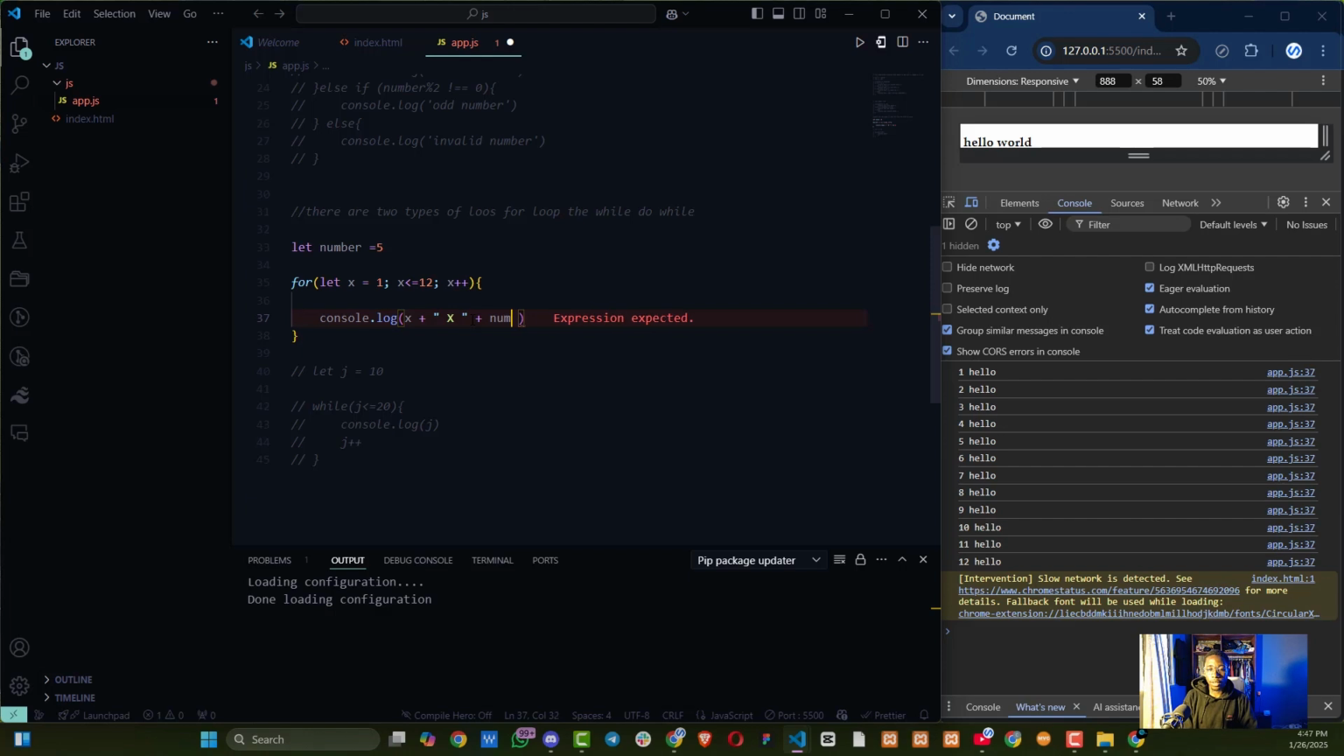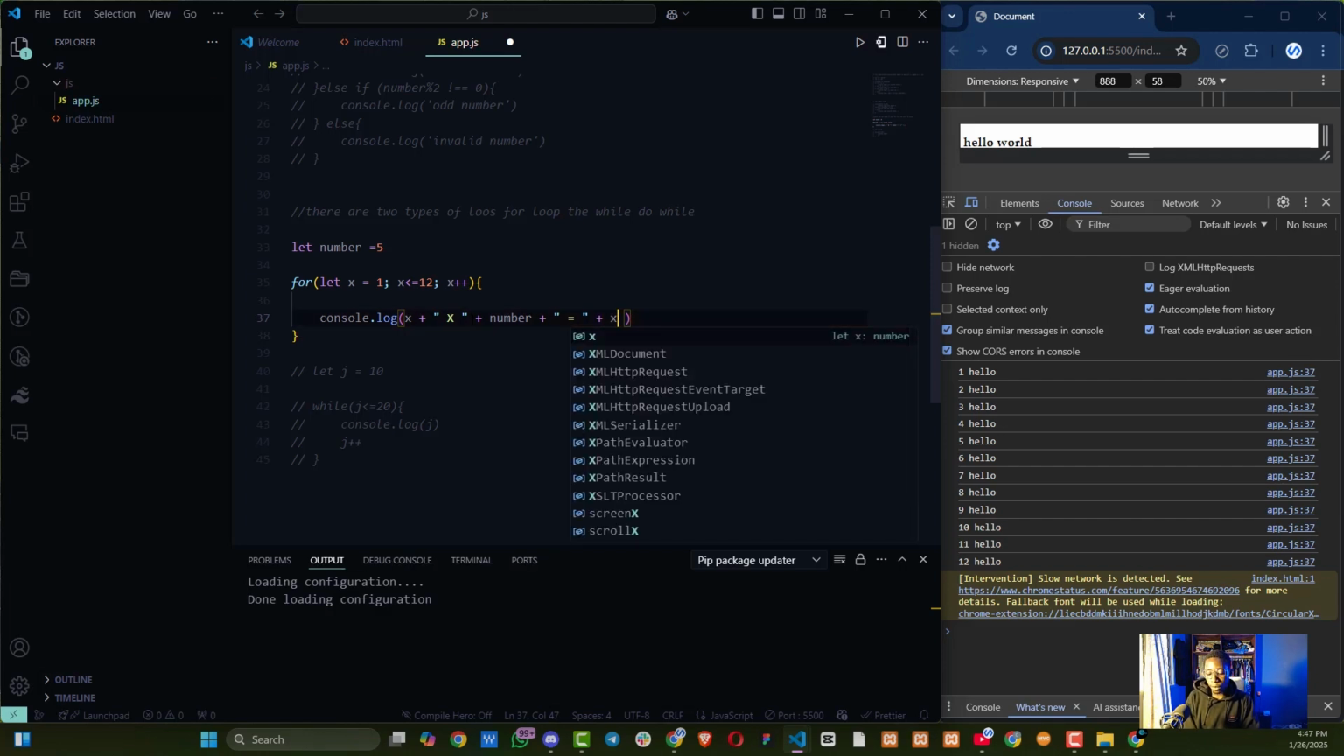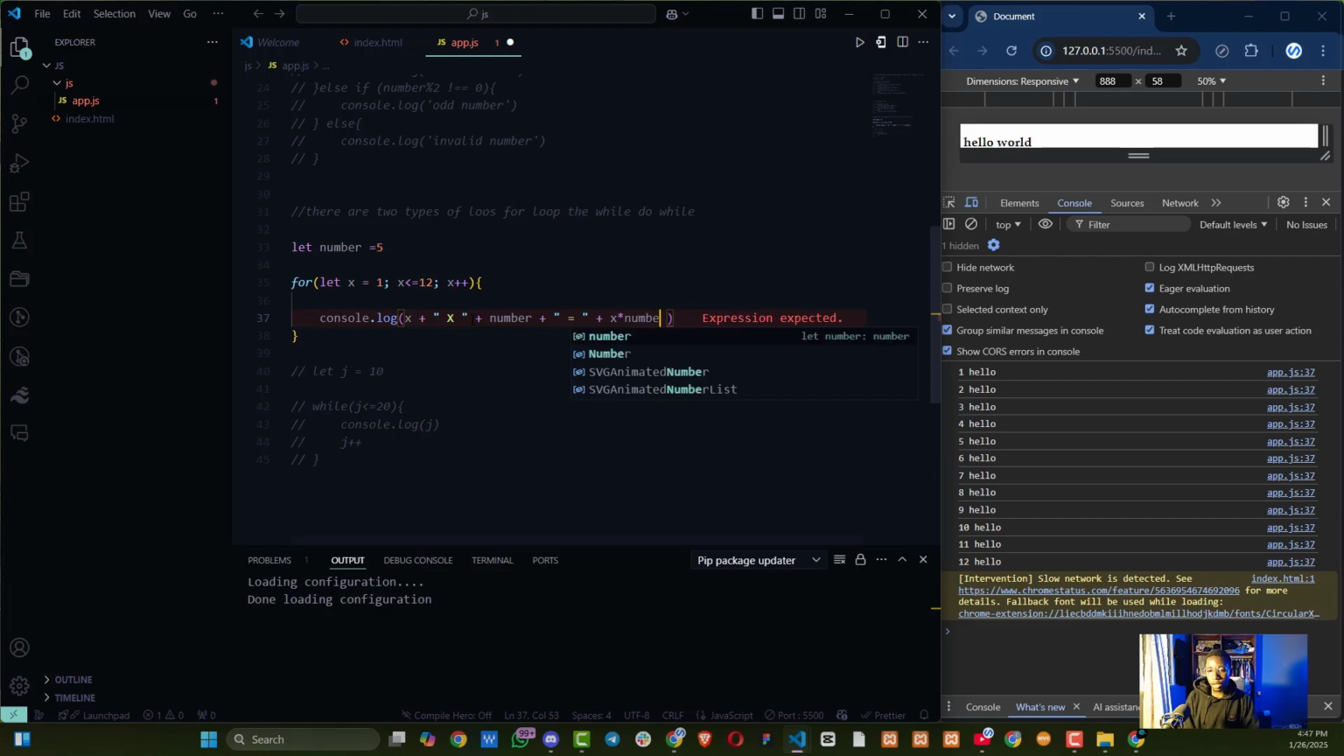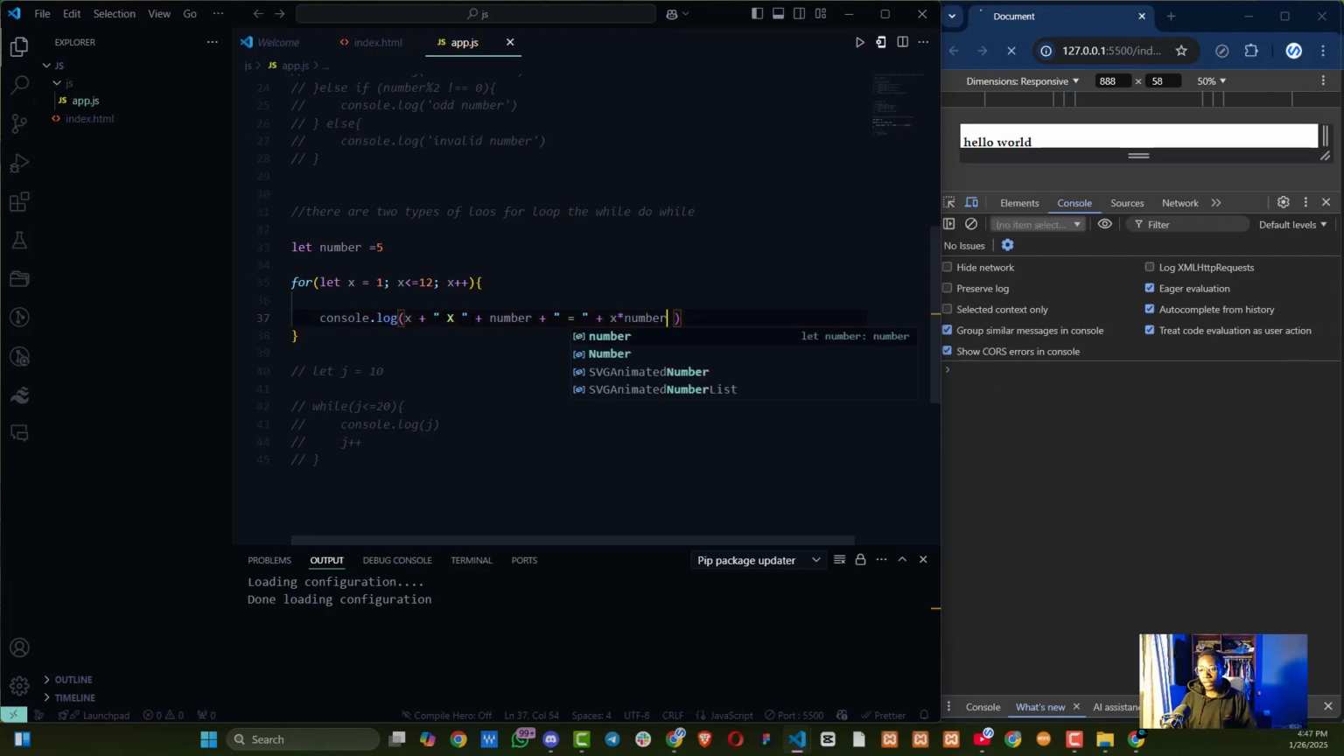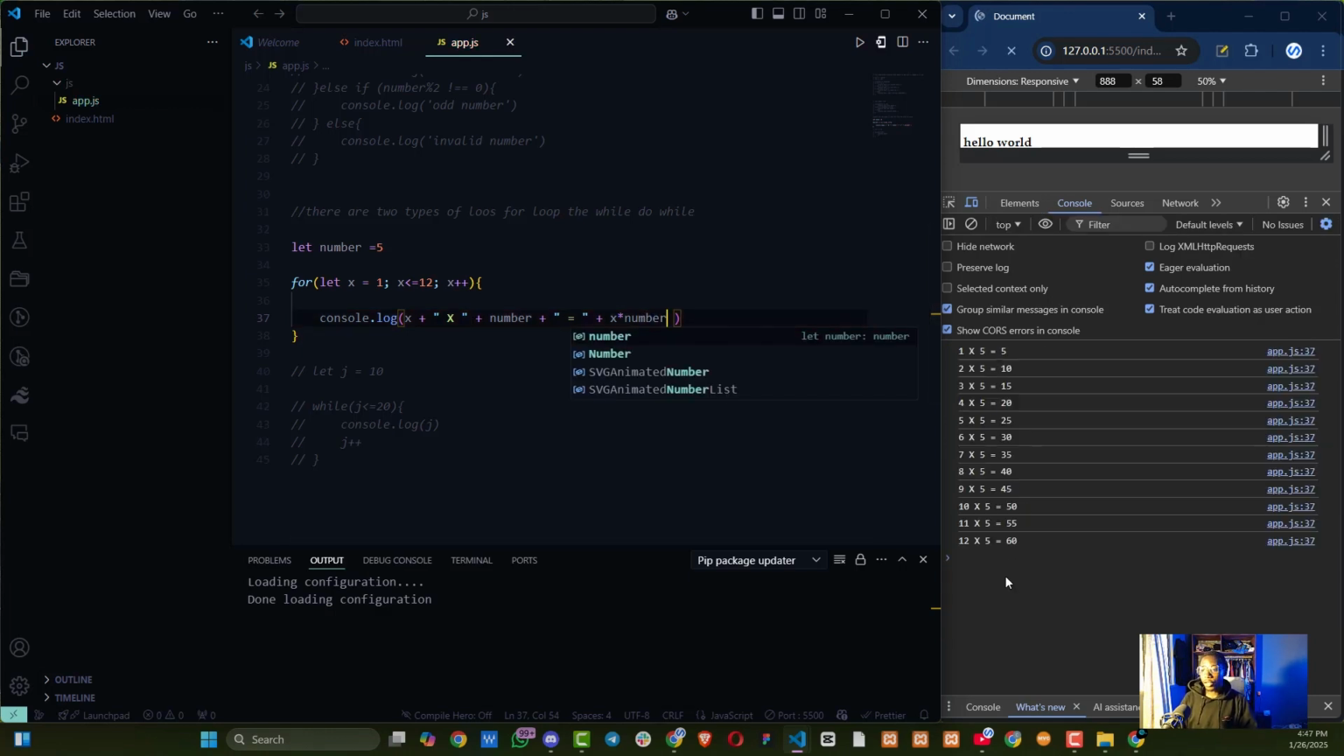So we have the number variable here, and we want to concatenate it with a plus, then we add an equals sign here, something like this. So we want to say is equals to, and let's add another plus sign again to concatenate x times number. So it should be x times number. And if we save this, we should now be able to see the multiplication table of x and 5 on the number,